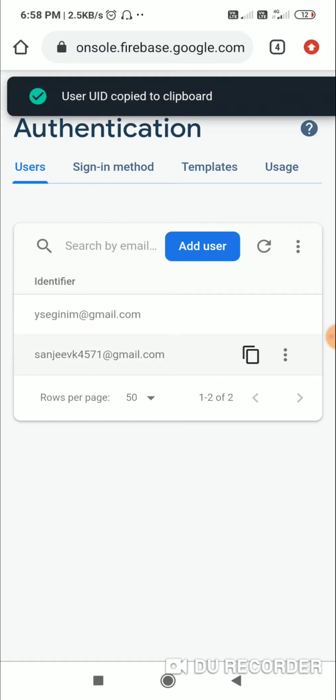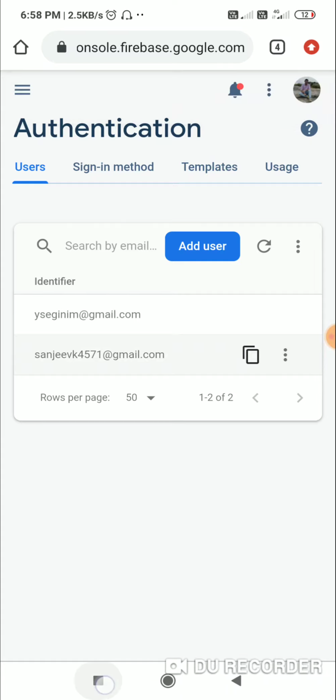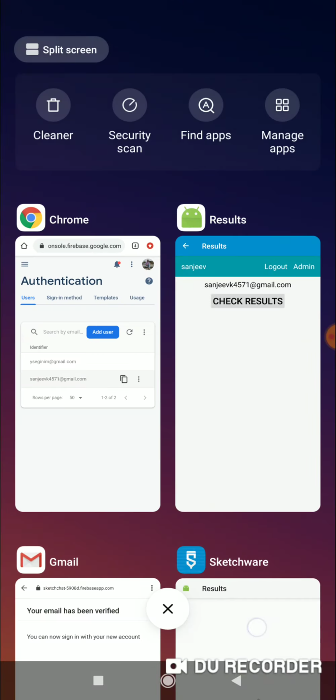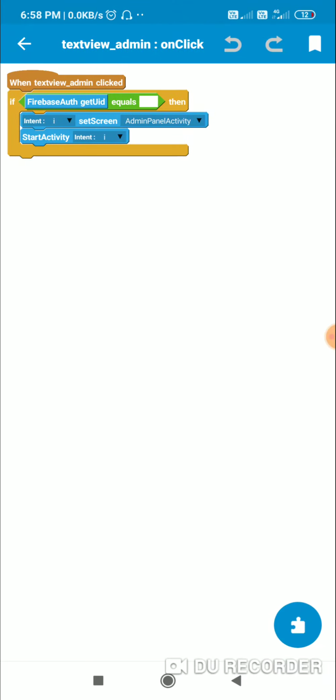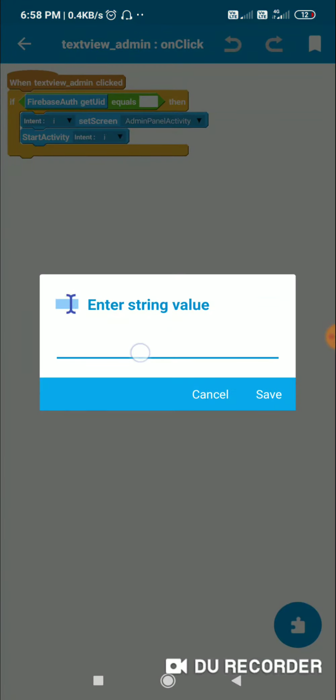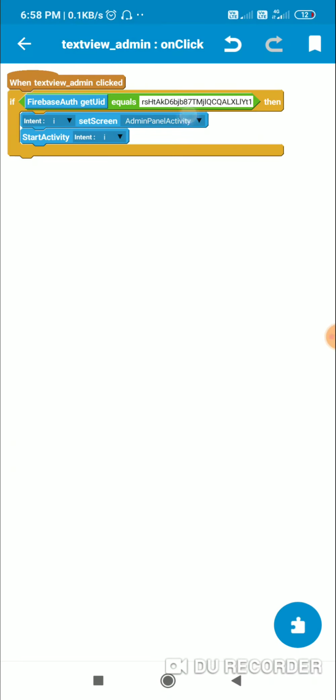It says user UID copied to clipboard. And now go back to Sketchware, and in the event text view admin, here you can put if Firebase auth get UID equals this UID, then move to admin panel activity. Otherwise you can show some message.